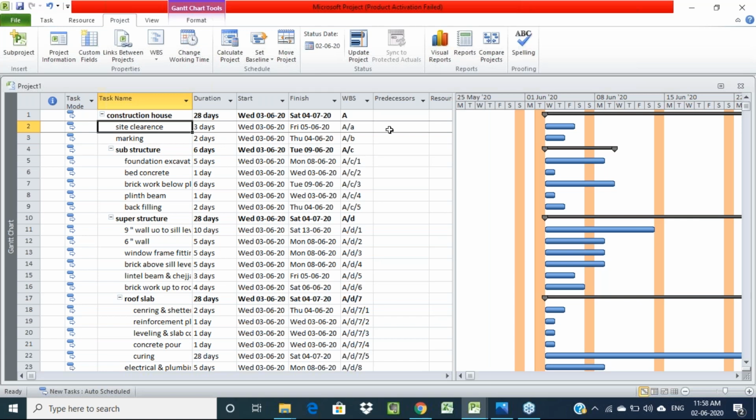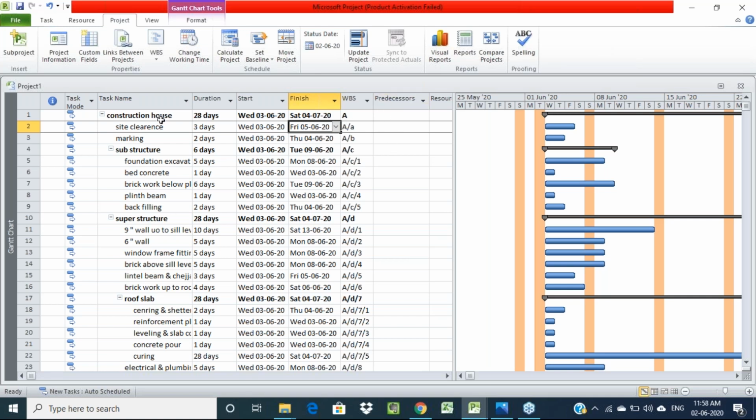We have two different methods for creating linkings between the activities. If you click on the first activity, you can see the Predecessors column here, where you can create a link, or otherwise we can create it directly in the bar chart. First we will see the tabular method here.